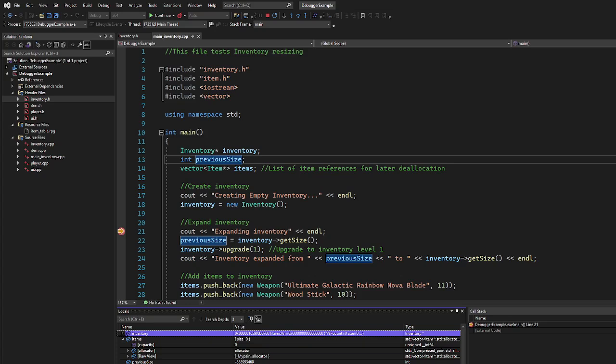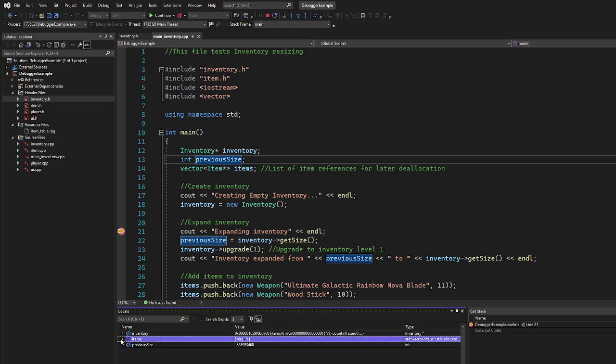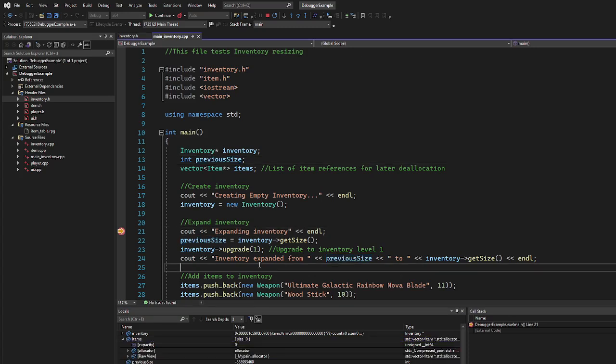Okay, so we can continue on a little bit. You also see that some of these might be uninitialized, right? So this previous size, for example, hasn't been set yet, and it's not anything. Okay, so continuing on, it seems like we haven't actually got to the expanding inventory part yet, so maybe I